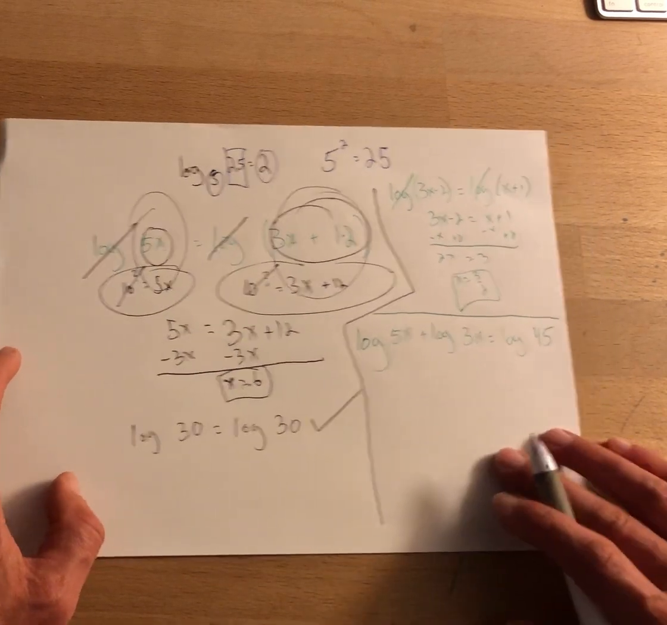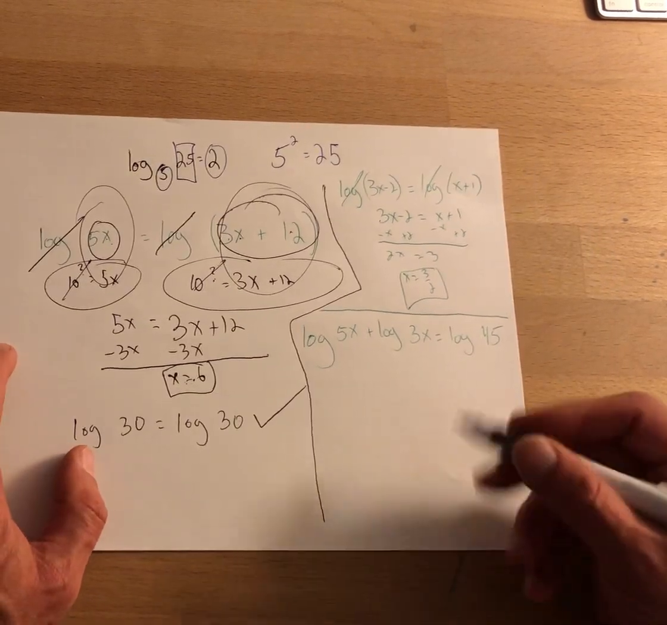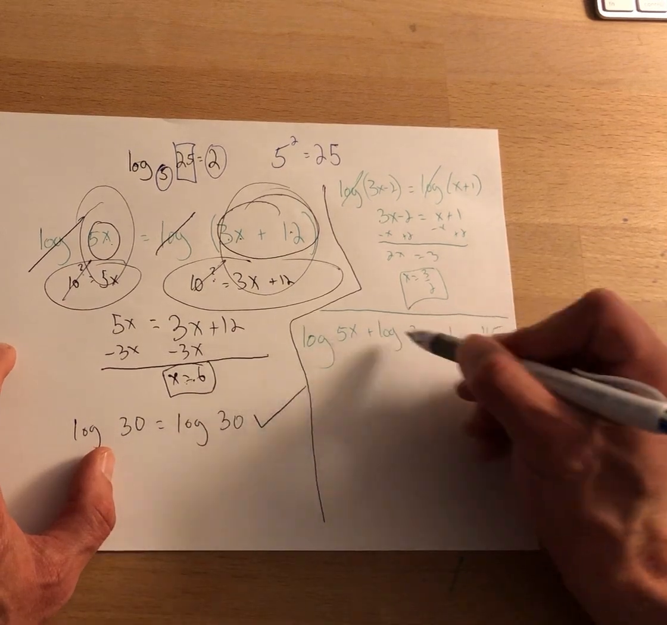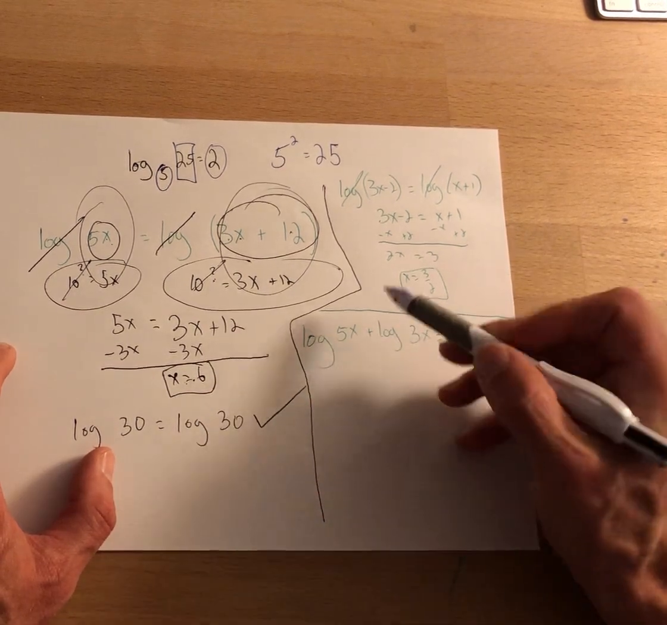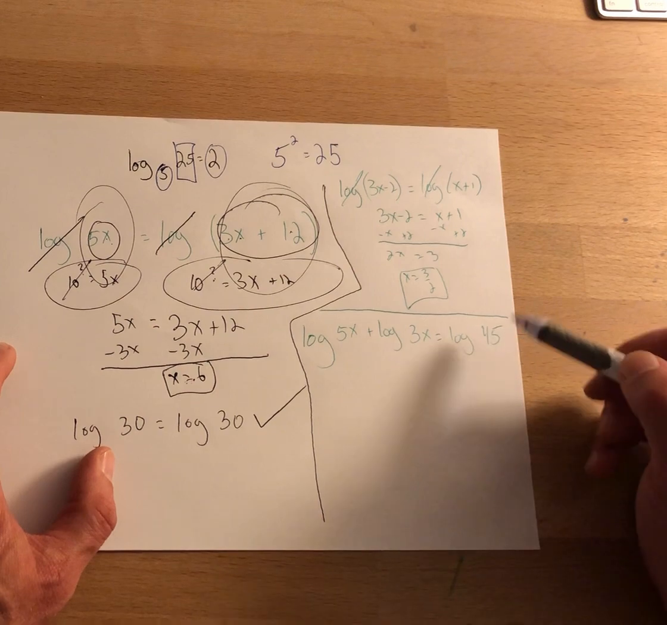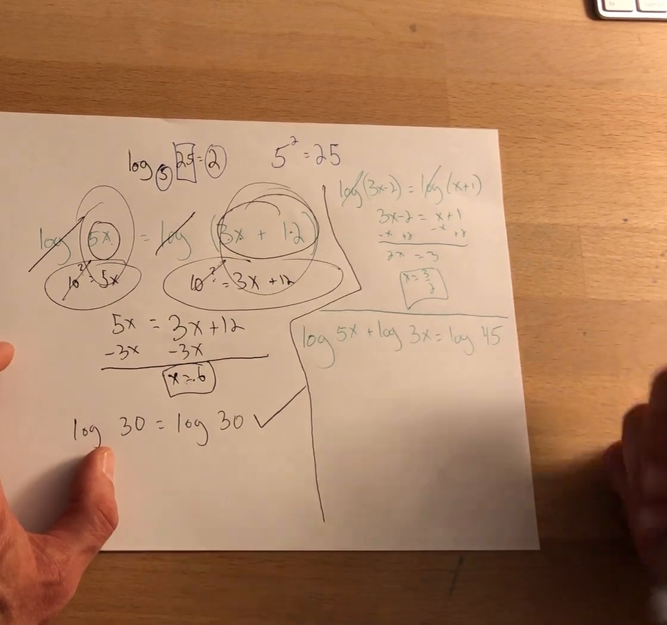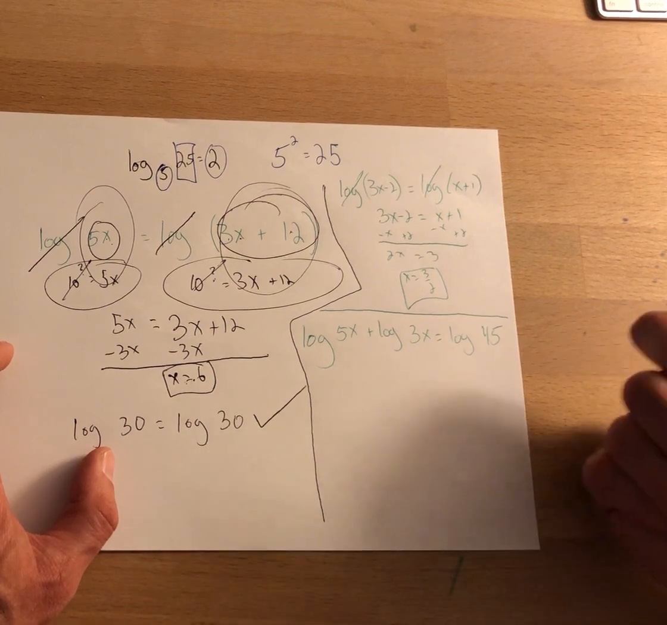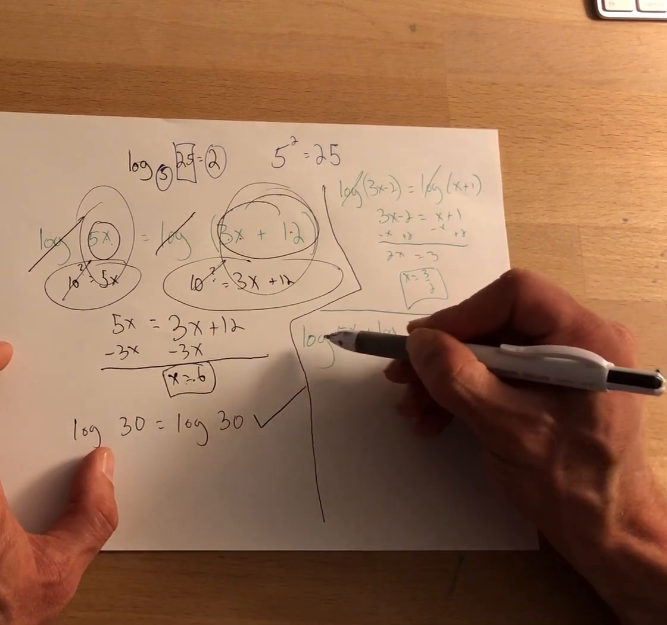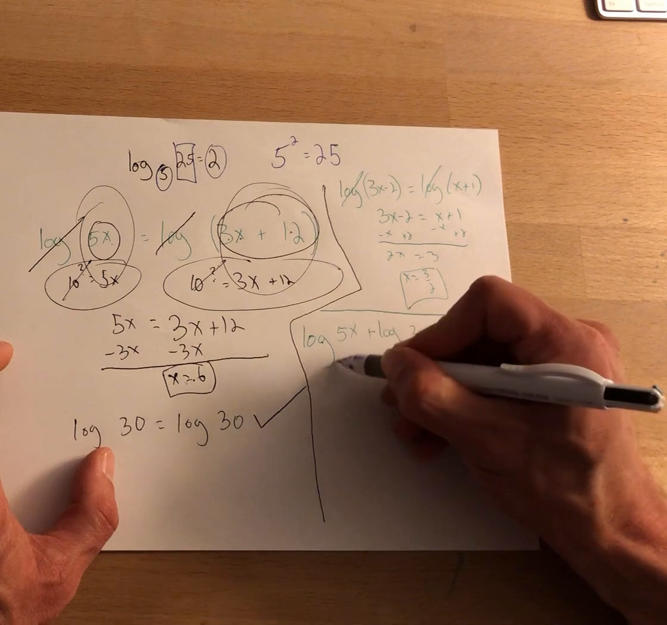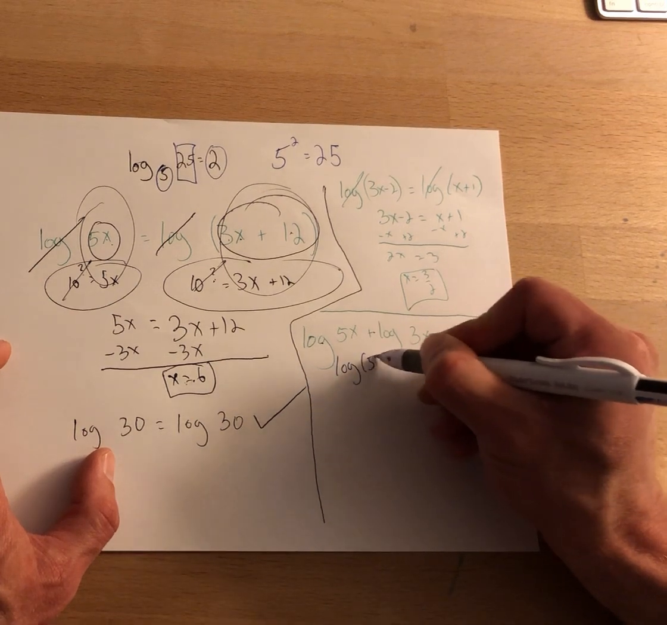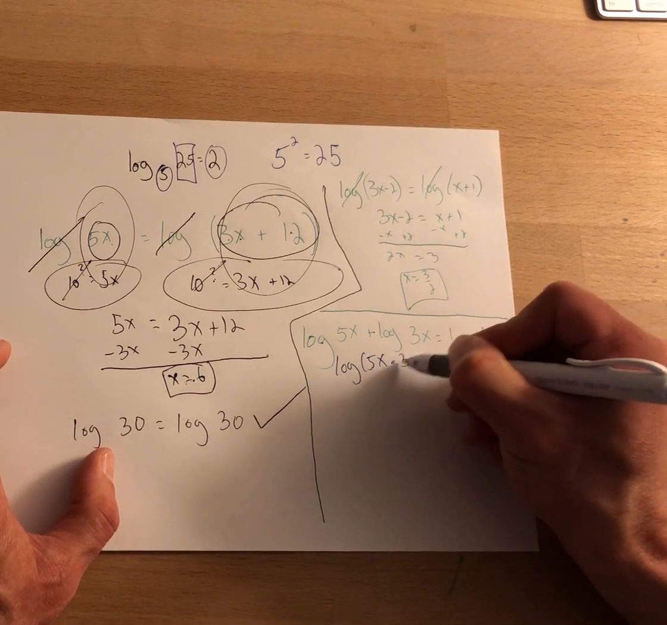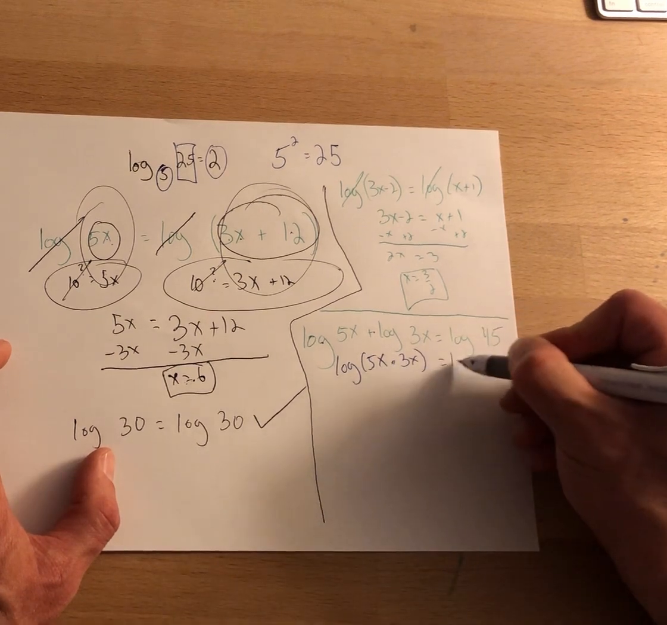Okay, let's see how you did. So you can't get rid of all three of these logs and say 5x plus 3x equals 45. That doesn't work. You have to use properties of logs. So if you have log, when you add, it's the same thing as multiplying the two values,